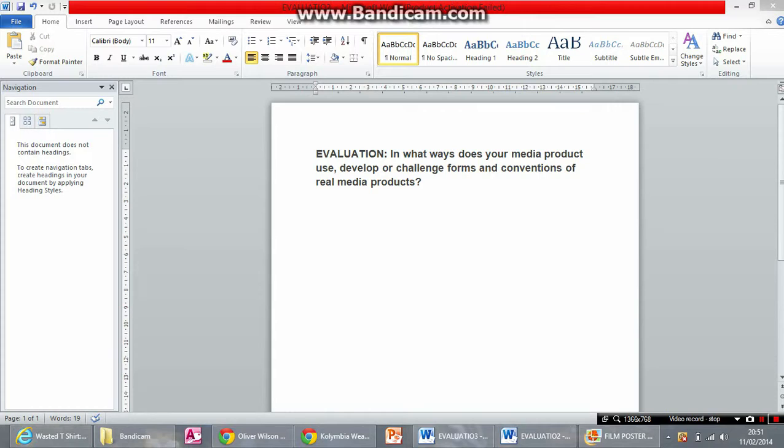This challenges the forms and conventions of other cyberbullying related films that I have seen. Mostly ones that I've seen had dialogue, they had scenes. You expected that something was going to happen, like that they might hurt themselves, that sort of thing. Whereas with mine, I don't think that you know that it's a cyberbullying film perhaps until the end, because